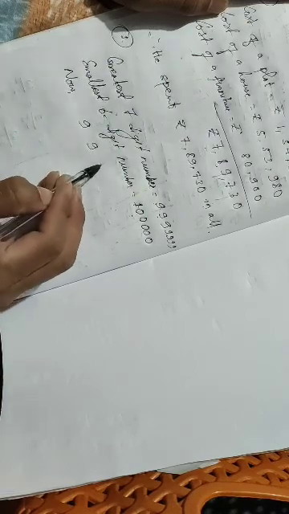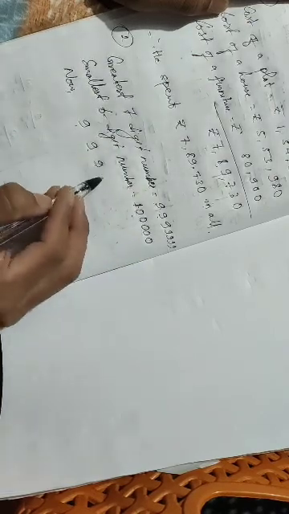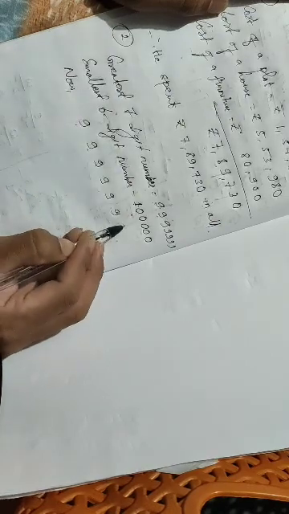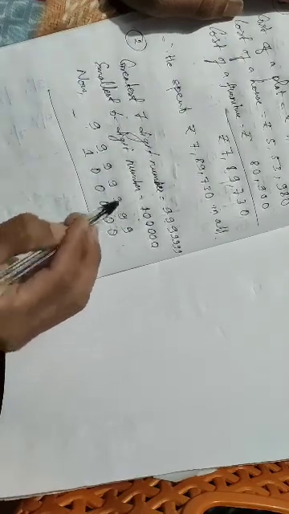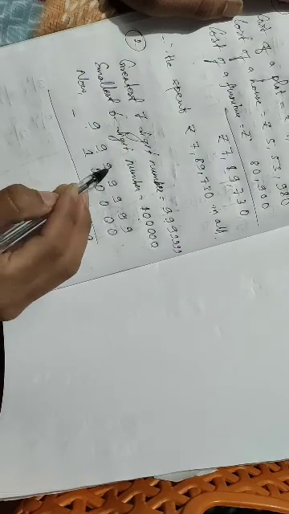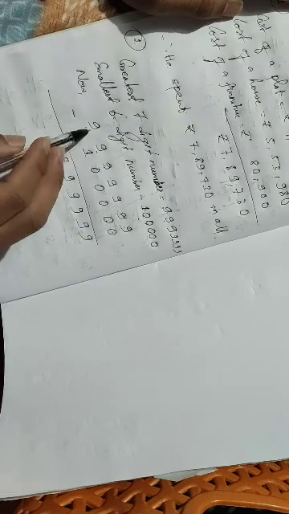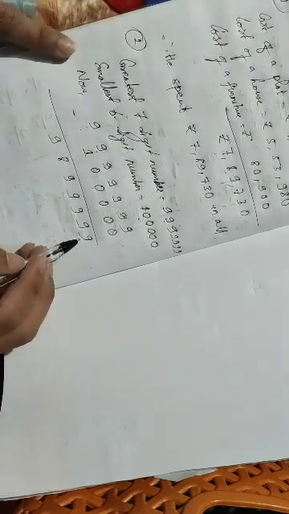Now when we subtract, what will we get? 9, 9, 9. Total how many 9s? 7: 1, 2, 3, 4, 5, 6, 7. You will subtract 1, 0, 0, 0, 0, 0, 1. So what will you get? 9 minus 0, 9. 9 minus 0, 9. 9 minus 0, 9. 9 minus 0, 9. 9 minus 0, 9. 9 minus 1, 8. And 9 minus nothing, that is 0, so 9 will come down. So it is 1, 10, 100, 1000, 10,000, lakh, 10 lakh. So 98 lakh,